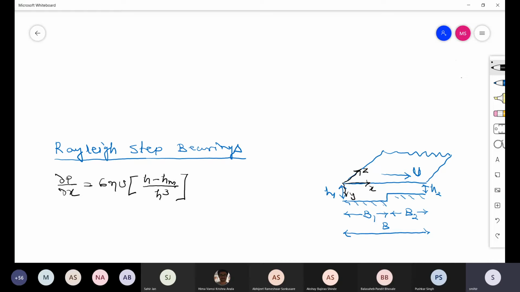Now, as you can understand, whether in region B1 or B2, the film thickness is constant. So film thickness here is not a function of x; it doesn't vary with x. Over B1 it is H1, over B2 it is H2. So as film thickness is constant, you can very well integrate this equation, and you will get